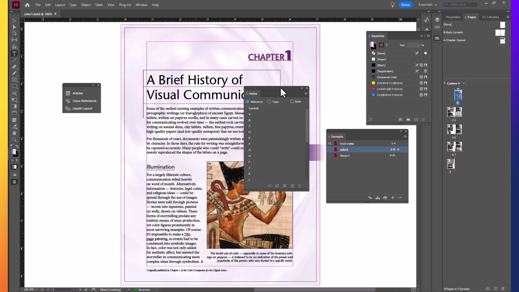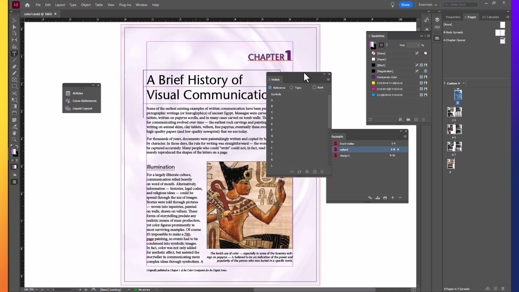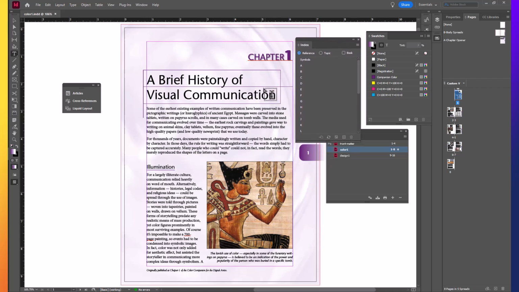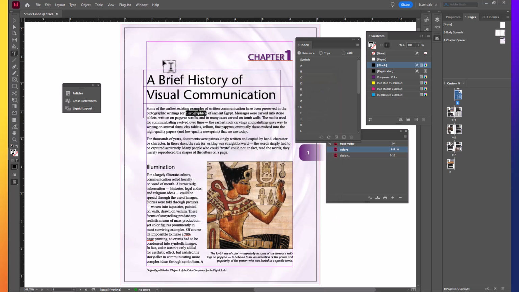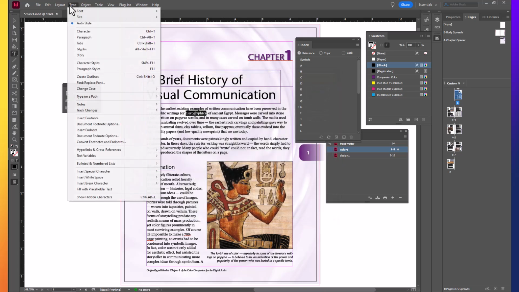On page 1 of the open document, highlight the word Hieroglyphics. Click the Create New Index Entry button at the bottom of the index page. Make sure the Type menu is set to Current Page and click OK. Turn on your hidden characters,